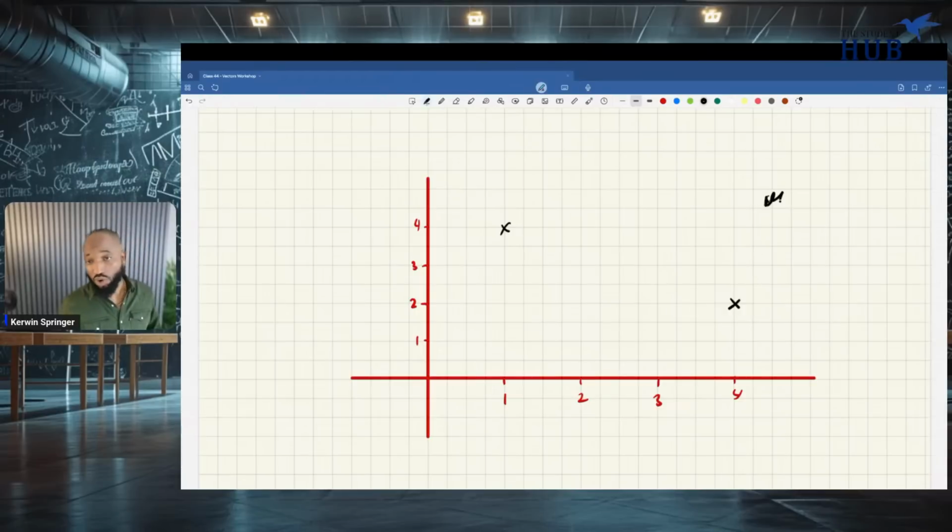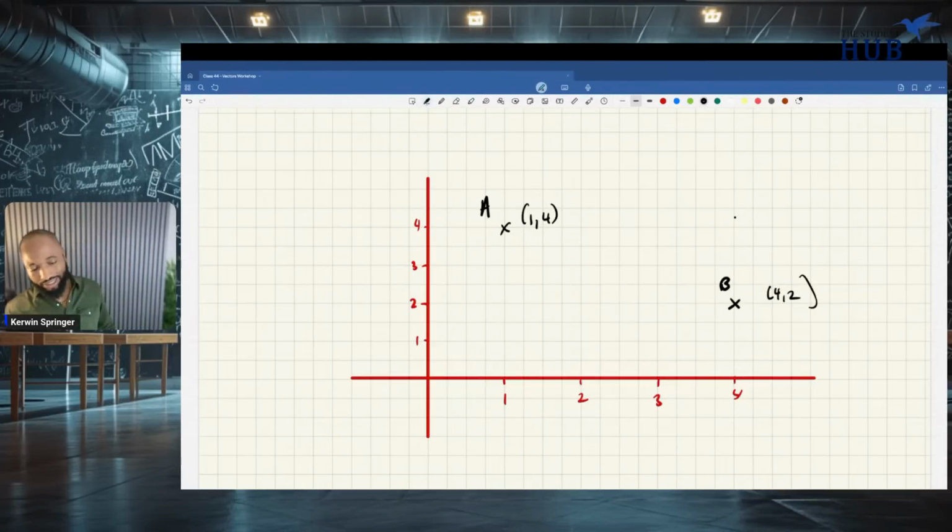Do you know how to find the coordinates of the points? Like if I said this is point A and this is point B, do you know how to do that? What is the coordinate of point A and point B? We have 1, 4. What is the coordinate of point B? B is 4, 2. You understand that? 4, 2. So the position vector, which is actually the easiest question you could get in CSEC maths,